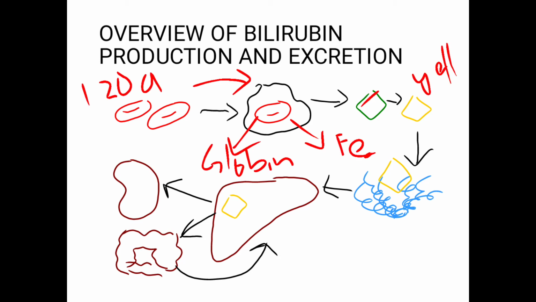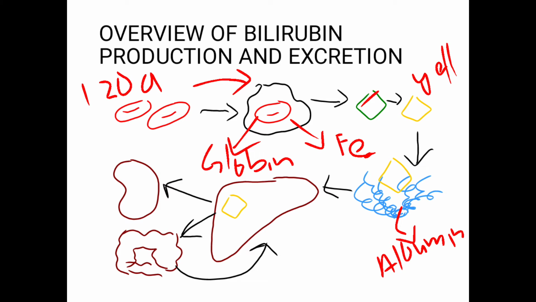This bilirubin is then released into the plasma, and it's carried by the plasma protein albumin. Conditions like long chain fatty acids and drugs like sulfonamides cause displacement of bilirubin from the albumin, leading to increased levels of free bilirubin in the blood. In the normal process, the bilirubin is taken up by the liver cells, the hepatocytes, where it's glucuronidated by the enzyme UDP glucuronyl transferase, converting it into a water soluble form so that it can be secreted in the bile.